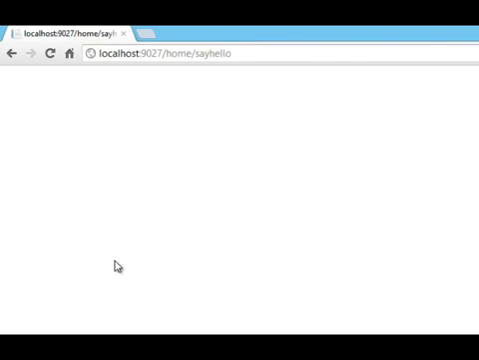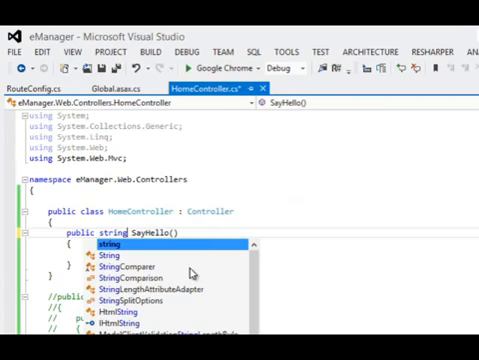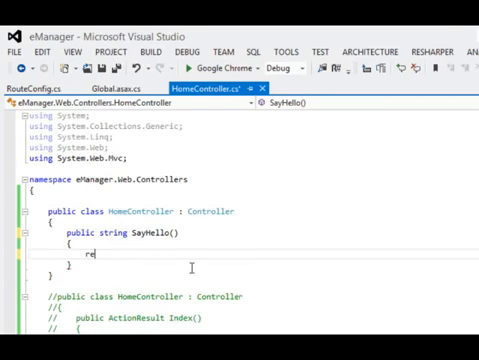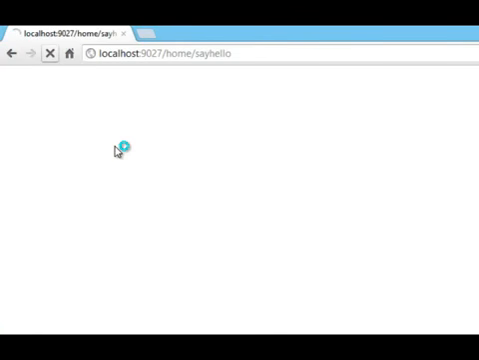I could have the SayHello action do something like return a string, just return a string, hello world. A little bit off on the capitalization, but that's okay. If I do a build now and refresh, I should see the text hello world. And there's no HTML involved, there's no JavaScript, CSS. It's literally all we sent back from the server is just the text hello world